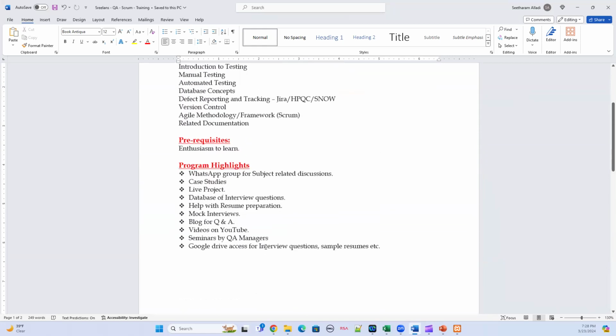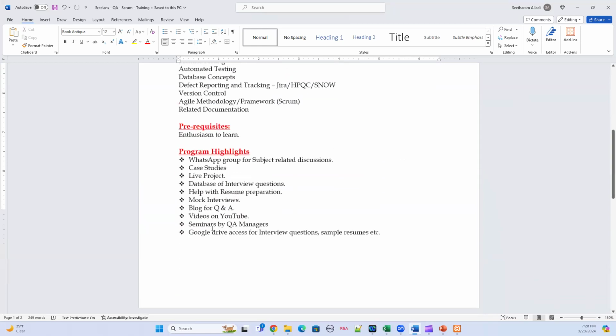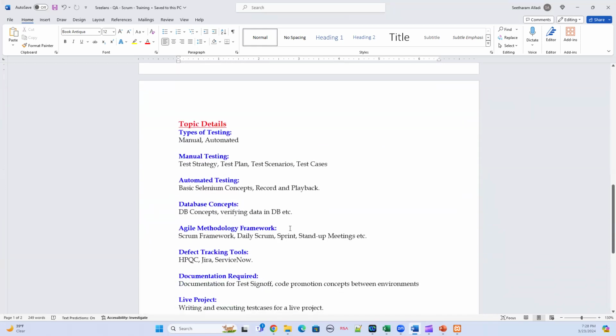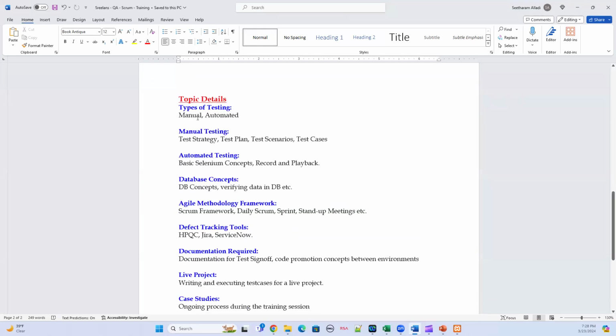Now, I just gave the highlights here, and now we'll see what the detailed topics are that you're going to have here. In the case of these topics, what are we going to have in the types of testing? In the types of testing, we will be covering the manual testing as well as the automated testing. When we say manual testing, we are going to cover the concepts or topics like